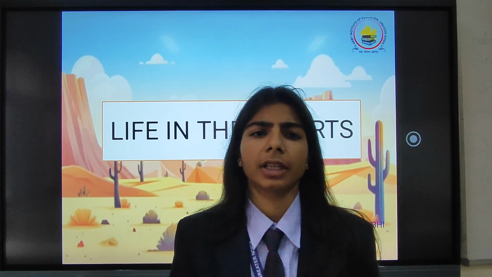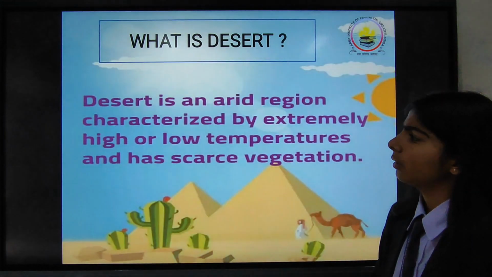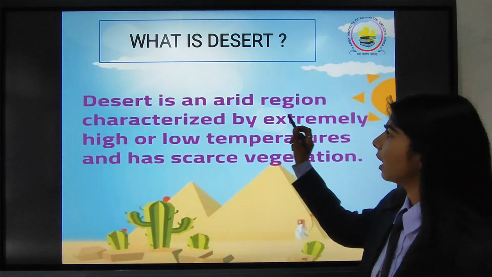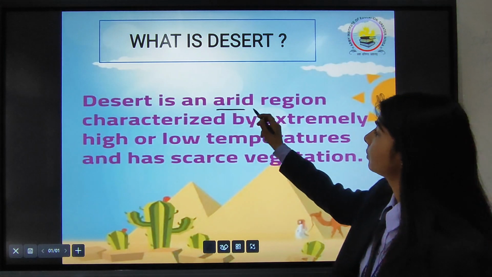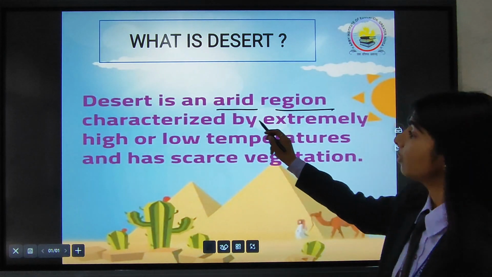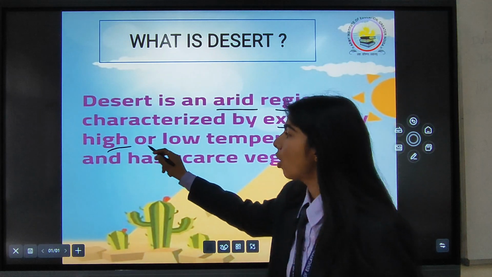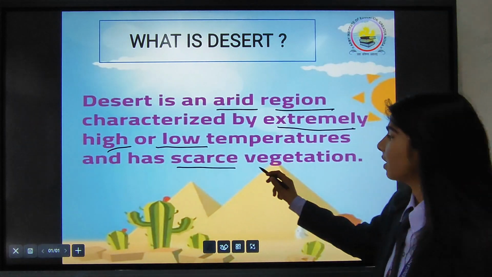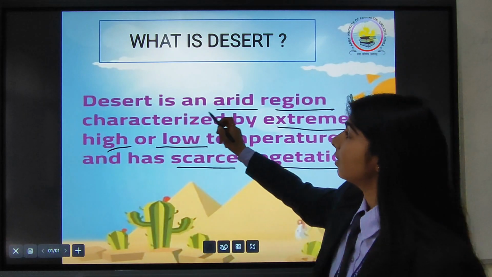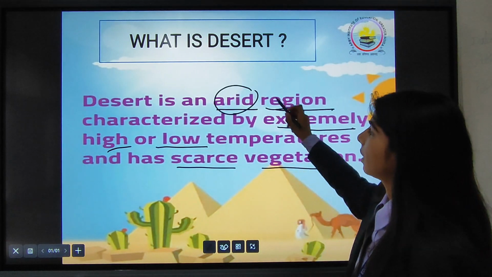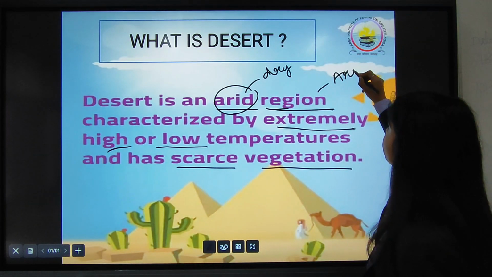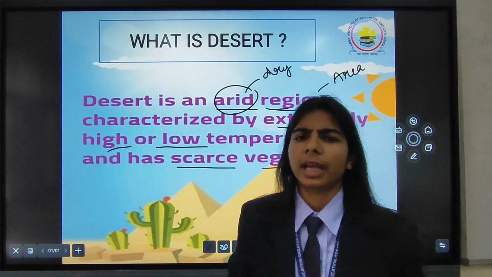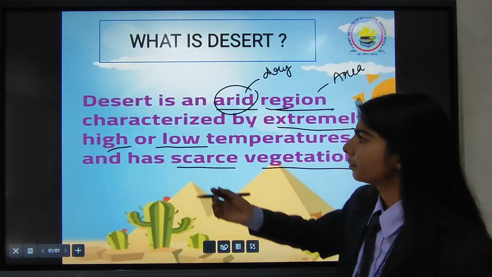Before we start, it is necessary to understand what a desert is. So first we will learn what a desert is. A desert is an arid region, characterized by extremely high or low temperature and scarce vegetation. What is an arid region? Arid means dry and region means area. So with this line we can understand that a desert is a dry area,